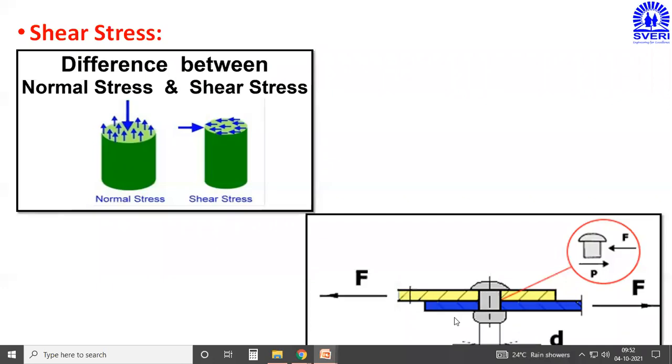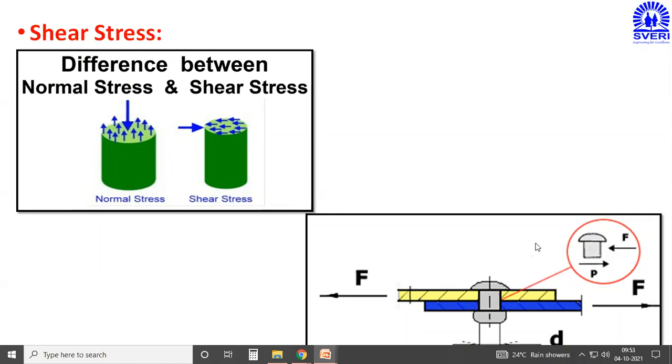Then what is the shear area? Whatever area the two plates are in contact with each other, from the left side to the right side, that contact surface or contact area is called the shearing area. And the F amount of force applied on the yellow plate is parallel to the shearing area. Similarly, the F amount of force applied on the blue plate is also parallel to the cross-sectional area. If shear forces are parallel to the area, then we can say that the shear stress induced in these two plates is also parallel to the cross-sectional area.